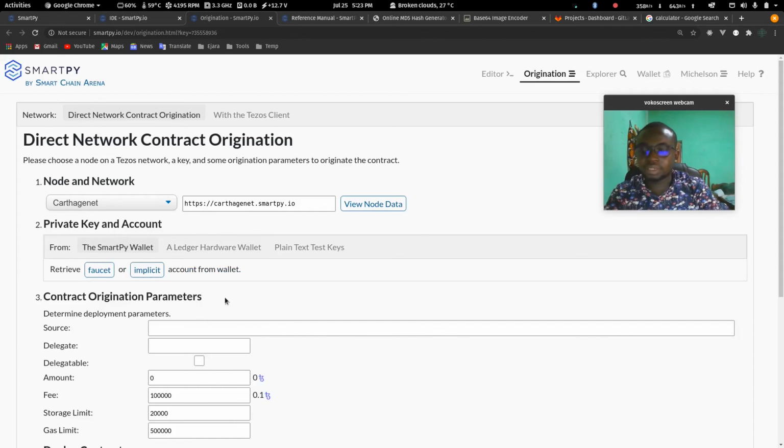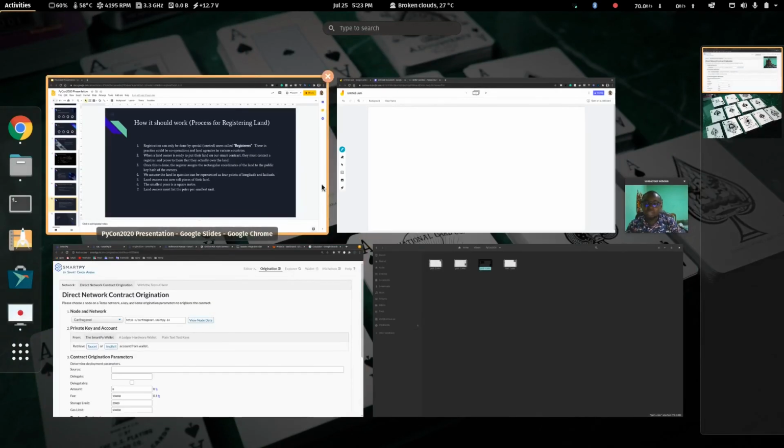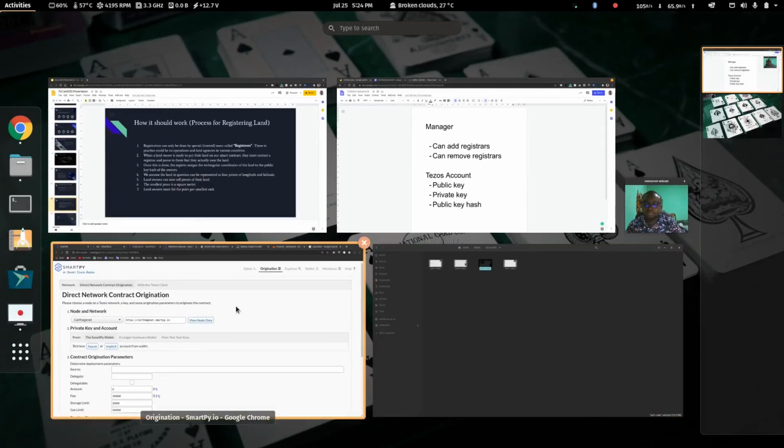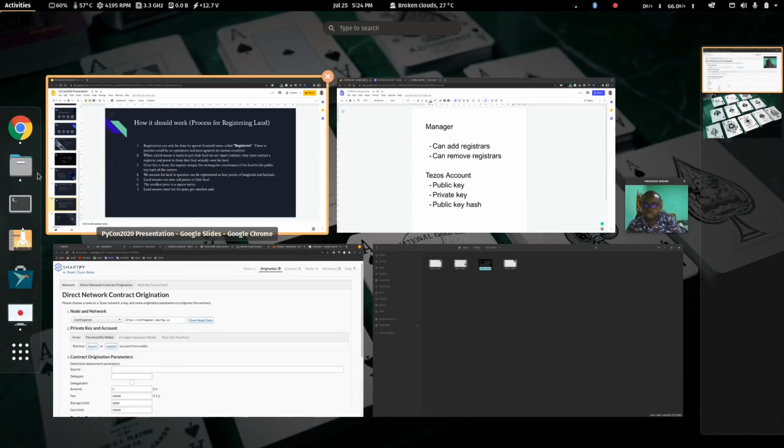And then to be able to do anything on Tezos, you need a Tezos account, and by Tezos account I mean you have the Tezos public key hash, you have private key, and then you have public key, right? So actually let me see if I can find